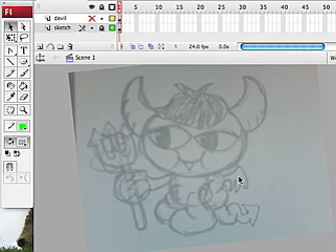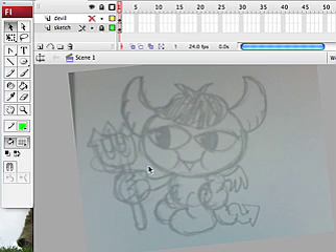Hi, this is Ranoka, and this is just a quick introduction to this tutorial series. Well, it's kind of less of a tutorial series and more of just me showing you how I draw in Flash. Just a couple of things. I'm mostly going to be drawing the elements with... first off,